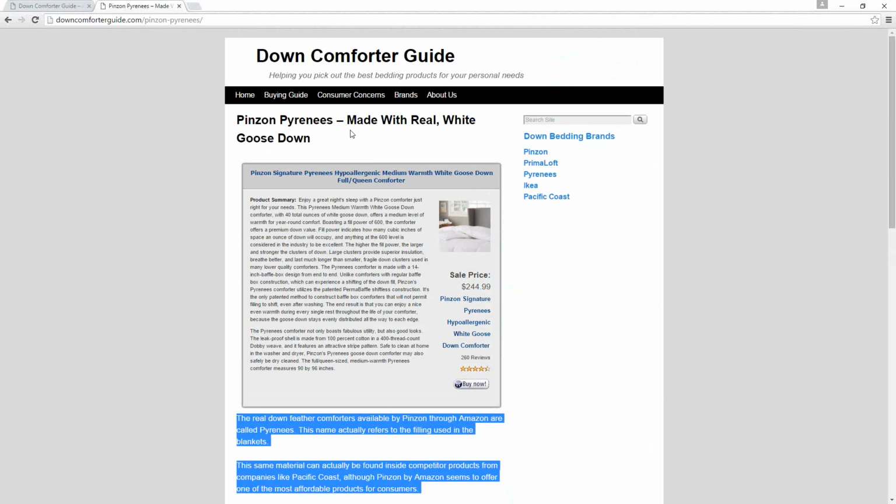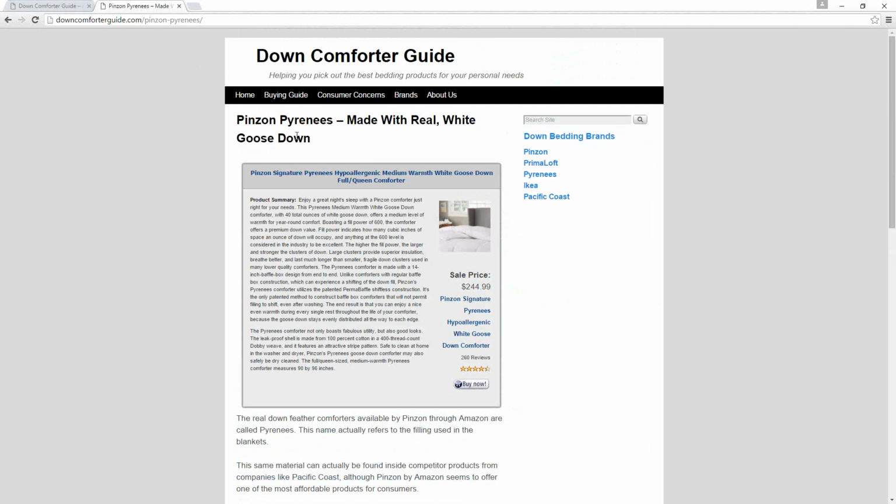And any links that are anywhere on this page can end up either helping or hurting you in the search engine rankings. Whenever you're linking to another page, if it's to another page on your own website, then